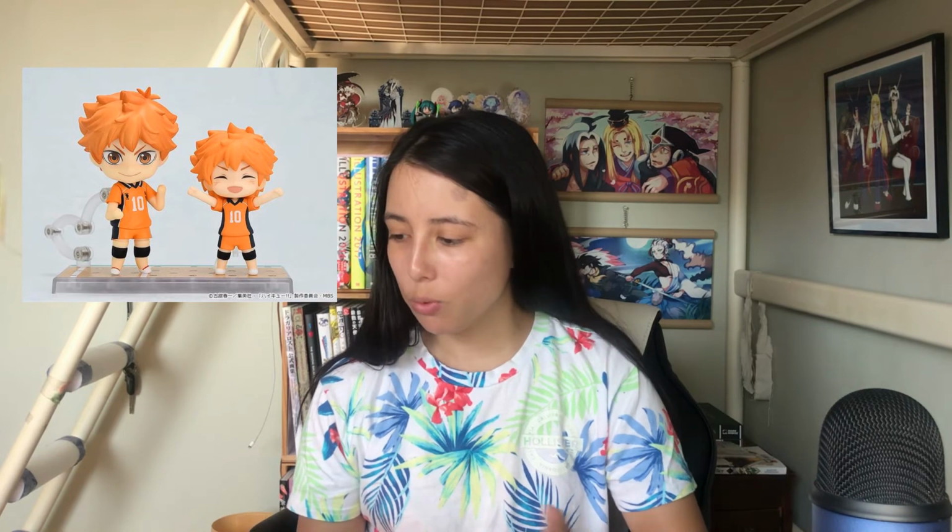"The mini Nendoroid would suit her much better, like they did with the new Hinata Haikyuu, like the Nendoroid Surprise," essentially, I think is what they're talking about. And someone already pointed out the platelet Nendoroid, but they should have done the size difference like that, at least in my opinion. So I'll pop up a picture of that platelet Nendoroid next to the white blood cell Nendoroid,